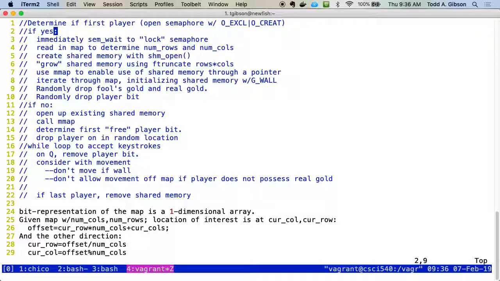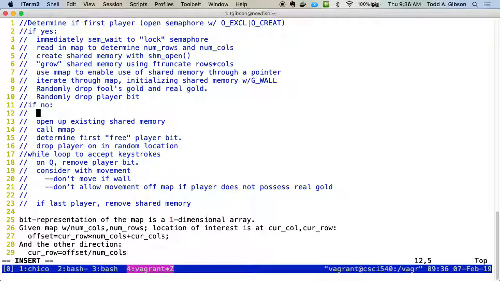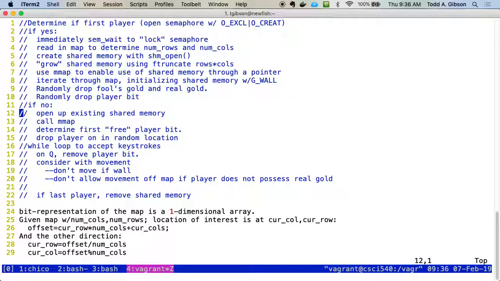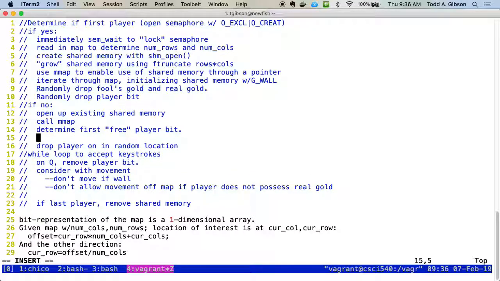Now what will happen is if you're not the first player, you will do this. You could go ahead and open that up. Somewhere in here, you're going to do some way to